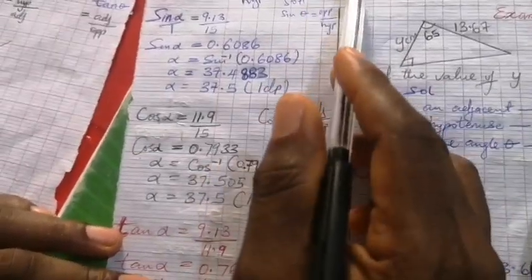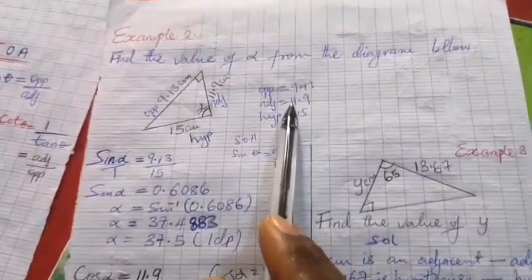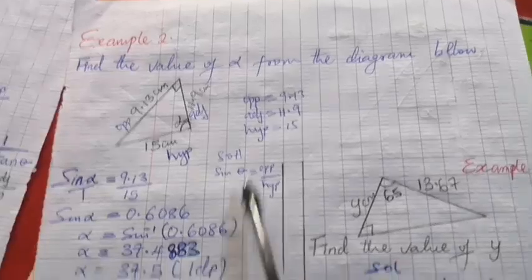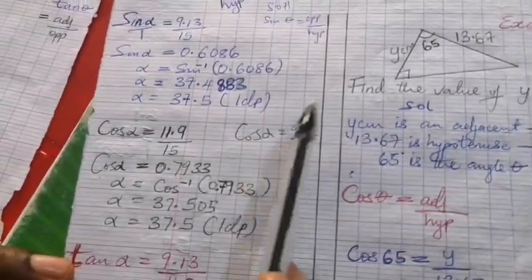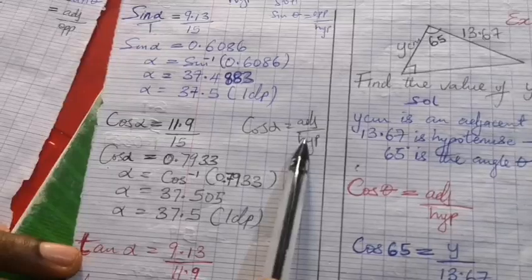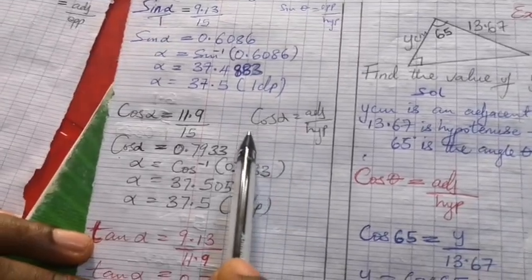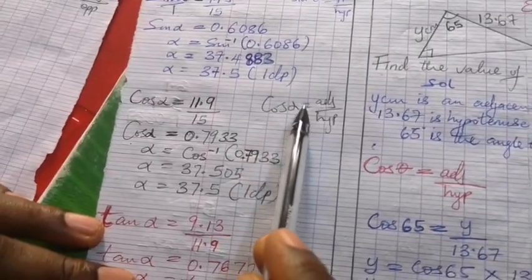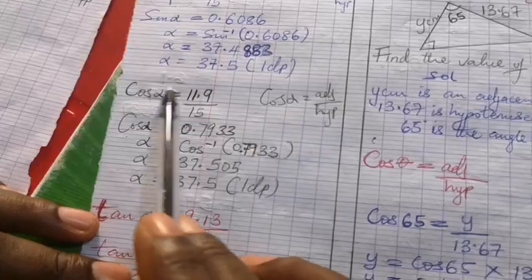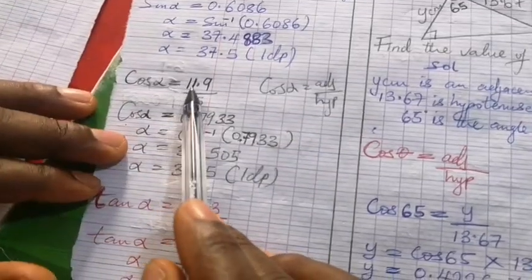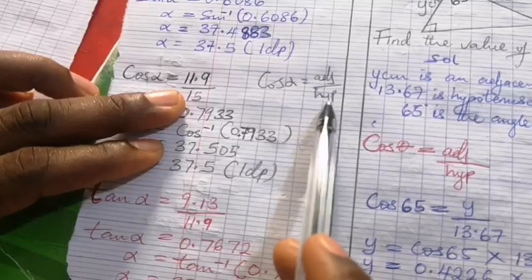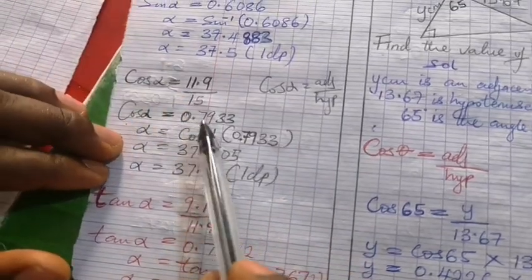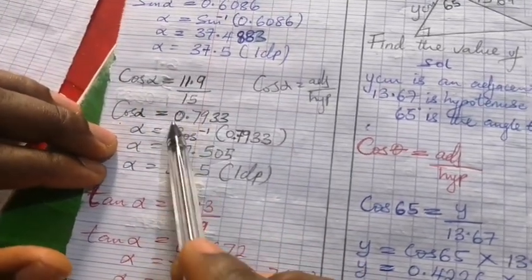In this case our adjacent is 11.9 and our hypotenuse is 15. So we can substitute those values: cos alpha is equal to 11.9 all over 15. If we divide this, it will give us